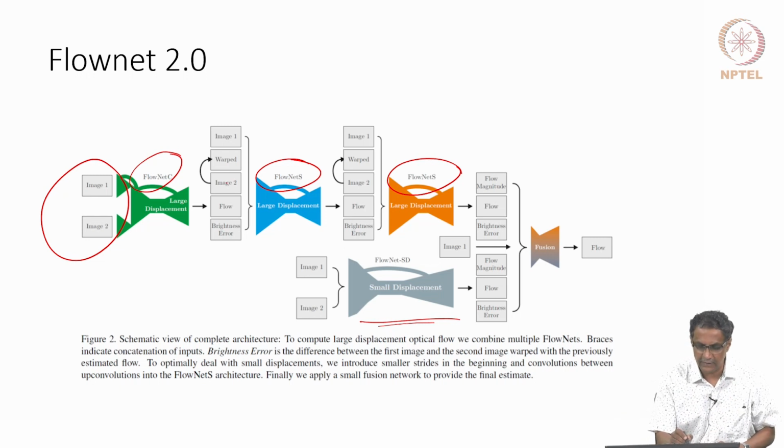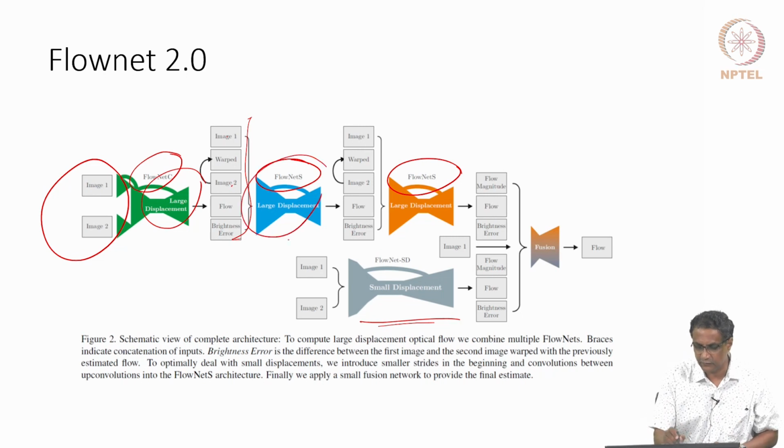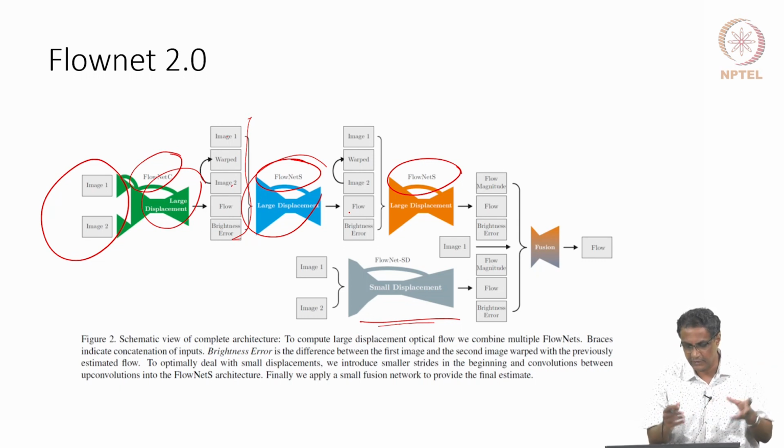bit in order to take the warped version of image 2, then image 1, then the optical flow computed out of this large displacement network, and then they also take the brightness error. So the entire thing is given as a concatenated set of feature maps to this FlowNet S, which in turn predicts a flow, which is then used to warp image 2. So the idea is that as you keep going inside, the optical flow difference will reduce. That means the optical flow vector will itself go down in value, because you're already warping and sending, and then